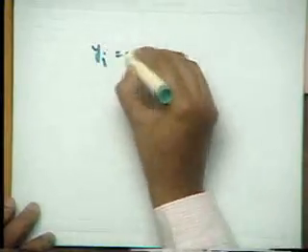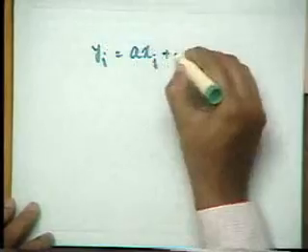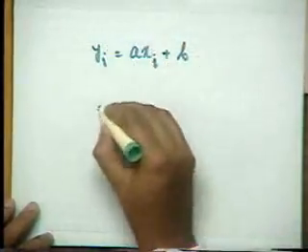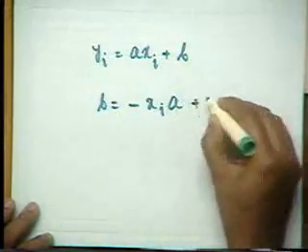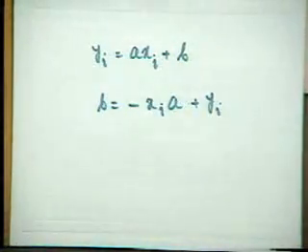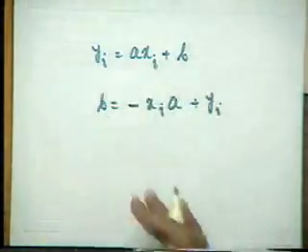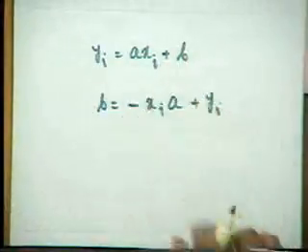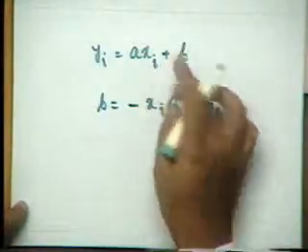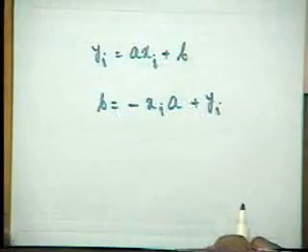Now the same straight line equation yi is equal to a xi plus b, let me write it as b equal to minus xi a plus yi. No big thing is there, it's only some algebraic manipulation that I had written it as b is equal to minus xi a plus yi. Now what I want to do is vary a and b and draw a number